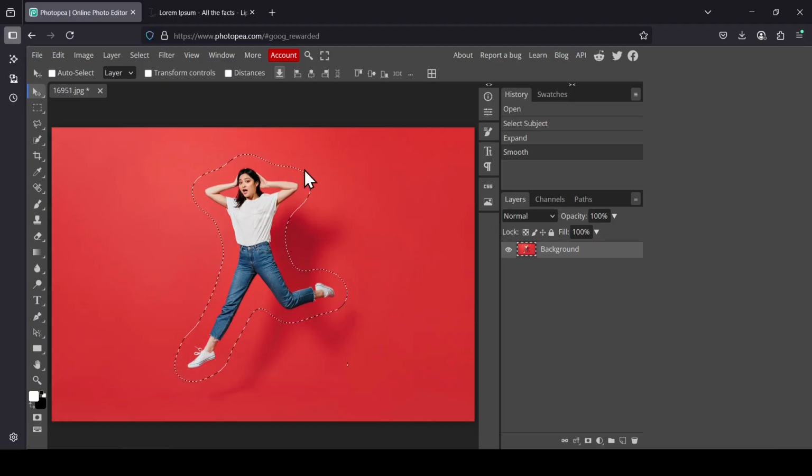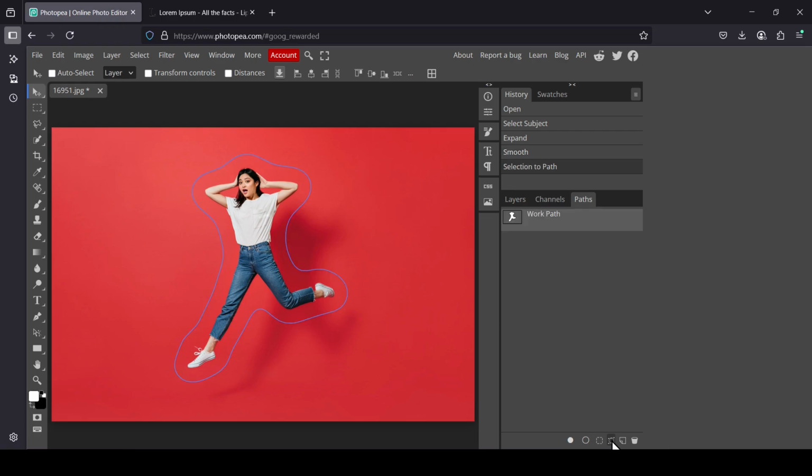And now we need to convert this selection into paths. So select the paths tab and then left click here on this icon, selection to path. So now we have created our work path, and now let's select the layers tab again, select the type tool,